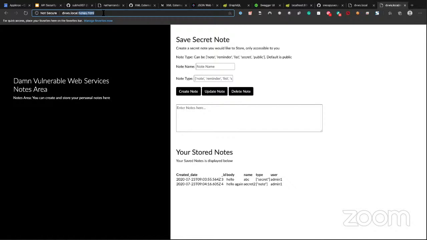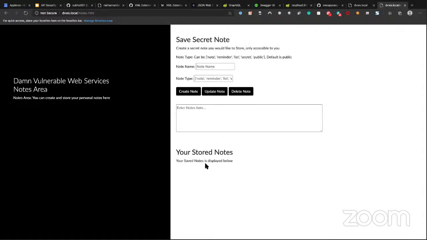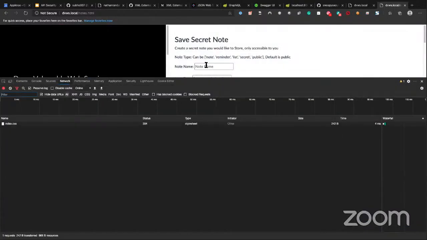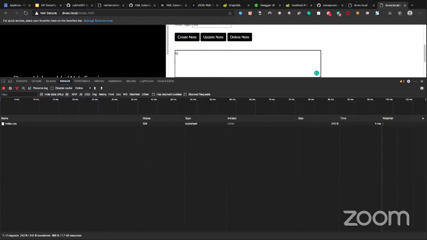Now I'll log out from here and try to log in as a test user. I already have a few test users prepared and registered. So let's see if I can log in. Okay, there you go, the test user is there. I can go to the notes area, and I can see the test user does not have any notes. So I can inspect the frame and look at the network tab. If I enter a note, let's say test note, and note type is probably a list, and I say hey,